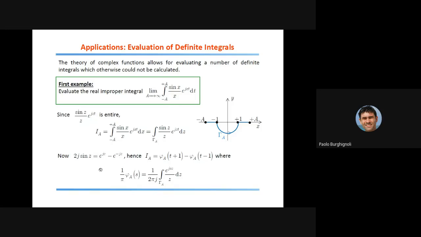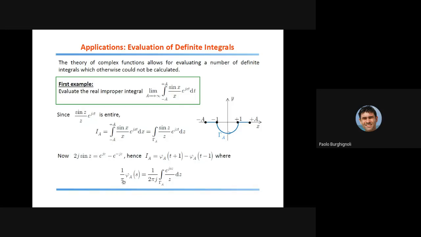Now, for each of those new integrands, the origin of the complex plane now becomes the pole, because we don't have any removable singularity anymore, but rather a pole of first order. Now, if we define the function phi sub a, as you can see at the bottom, like this integral of the exponential e to the j s z over z around the half circle gamma a divided by 2 pi j, okay,